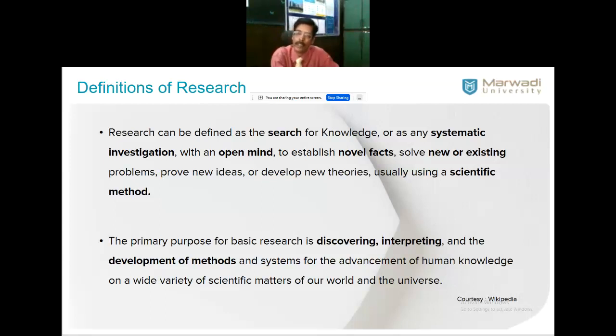As a researcher, we cannot make any open statement without any base. So we need to rely upon a systematic investigation. You do some investigation, you find some truth, reveal it to the world, they will listen to you, they will acknowledge you. For that, you really need to have open-mindedness.